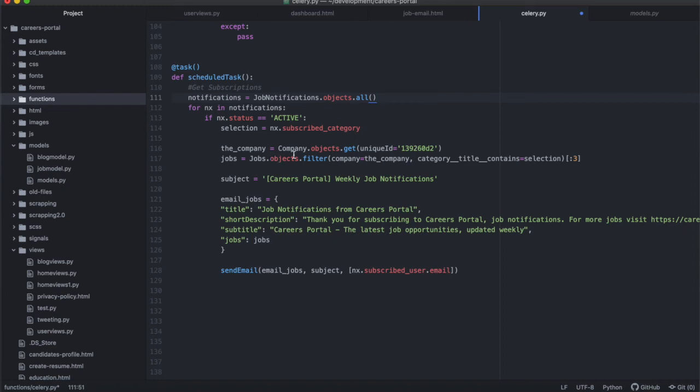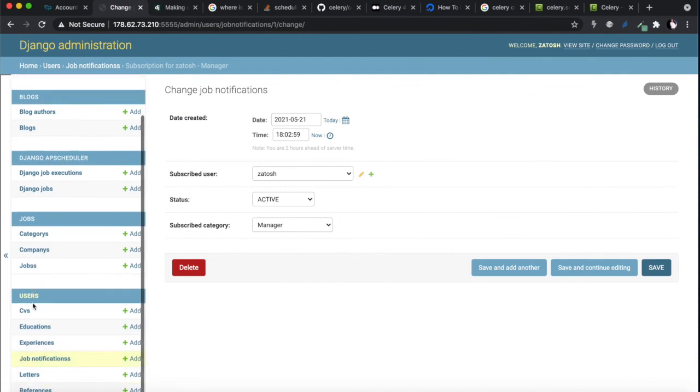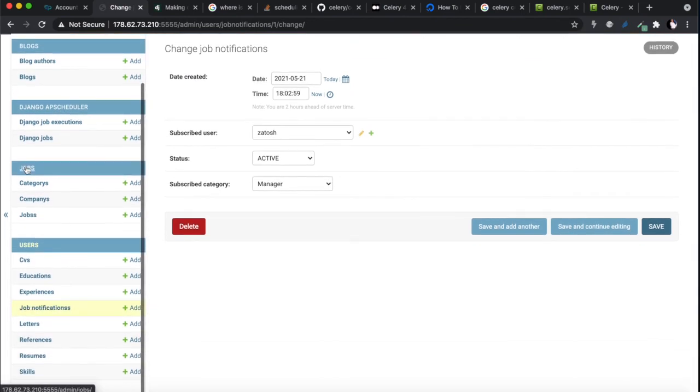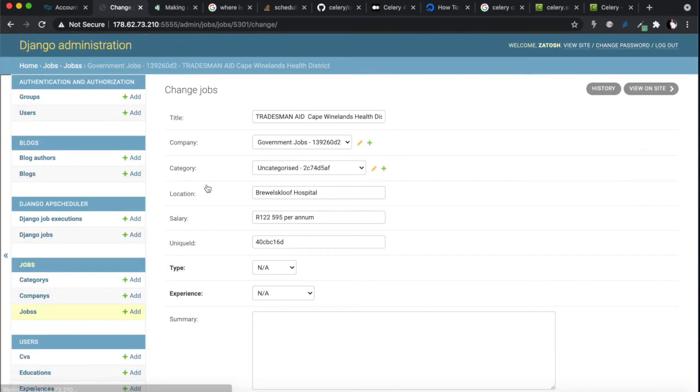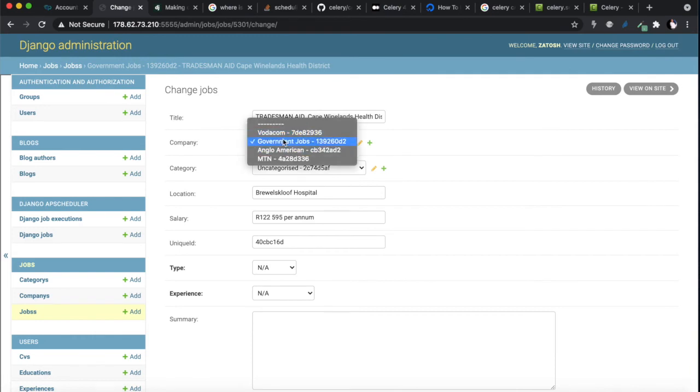So I filter through all the jobs. The first filtering is this: the company with the unique ID is this one. And remember this, the government. Just remember how I built the companies. If you look under jobs, all right, this is a specific job list. This is the list of jobs that we have. If you pick just one job, for example, you will see under government, under company, all right, these are all the different